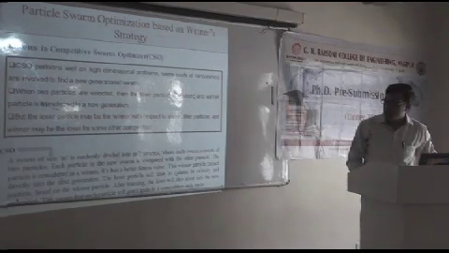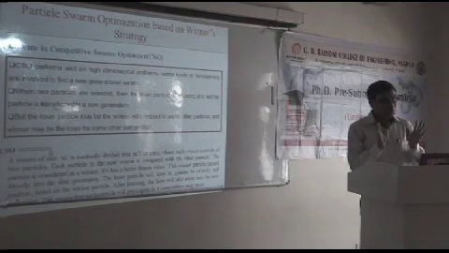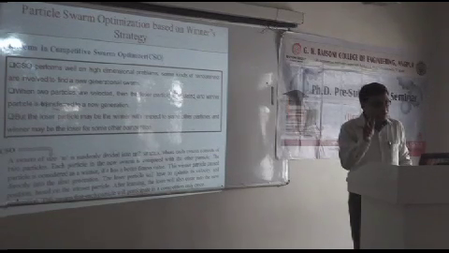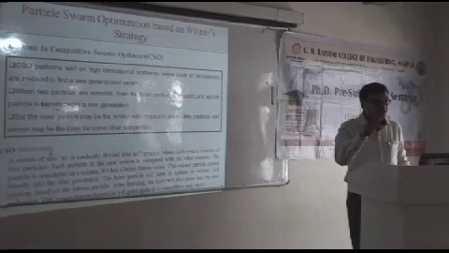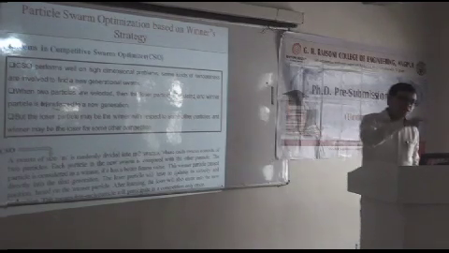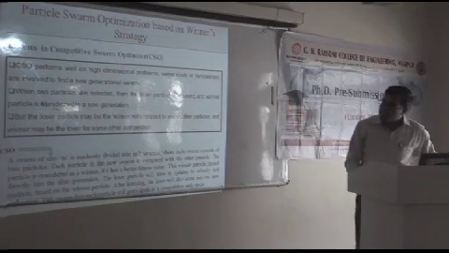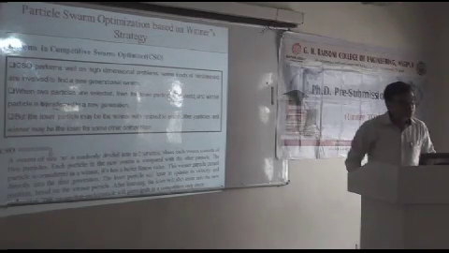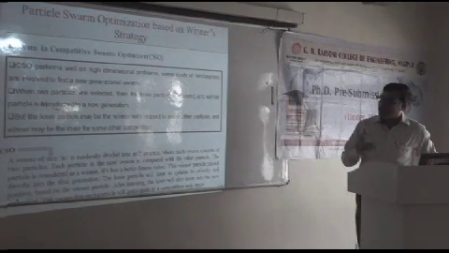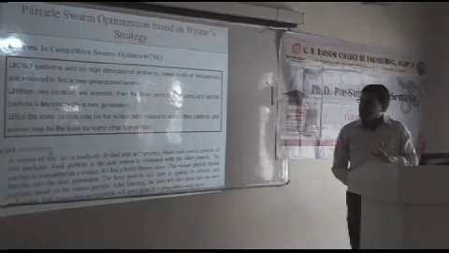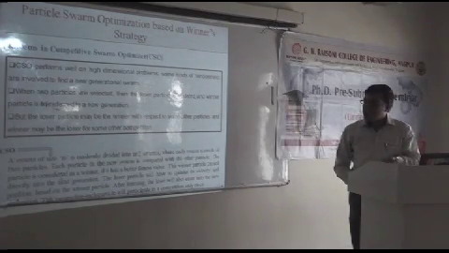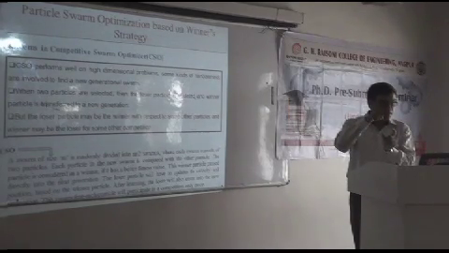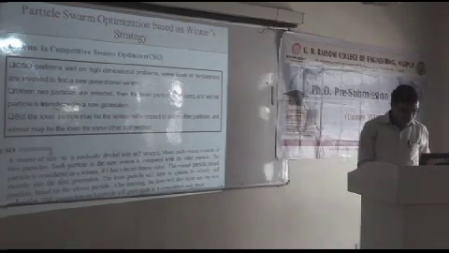So what CSO says is, when we have a swarm of size n, it is randomly divided into n by 2 groups, where each group contains two particles. They have a competition between them; the loser particle goes on to update its velocity and position, whereas the winner goes to the next iteration as it is. With that, CSO performs well on higher dimensional problems, but the problem is some kind of randomness is involved in the new generation as well. When two particles are selected, the loser particle is updated and the winner particle is transferred to a new generation. But the problem is, when competition is performed between two particles, the loser may be the winner for another competition. Therefore, to remove that drawback, we have